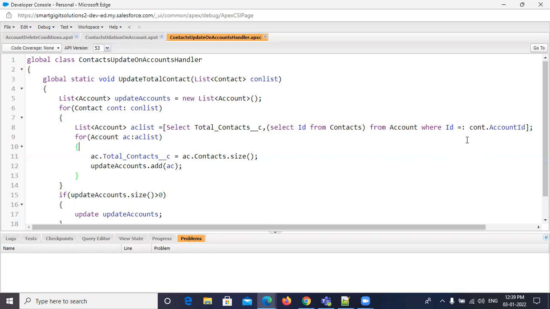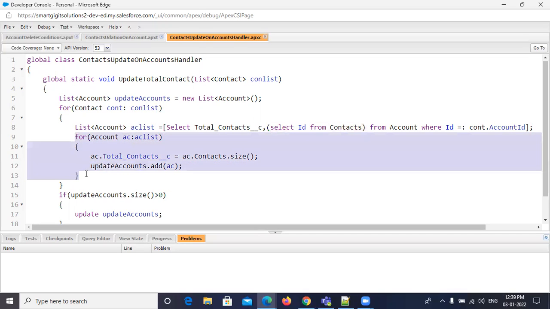Whenever we select parent to child, we write it within round brackets, and also that object is in plural form. Look here, contacts. It means what are the contacts? Account related contacts. Using this, we can select the account related contacts into this account list.